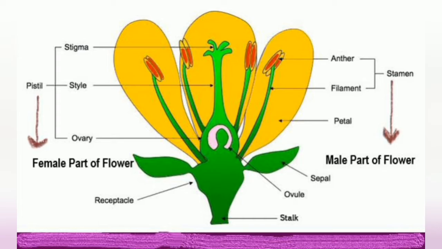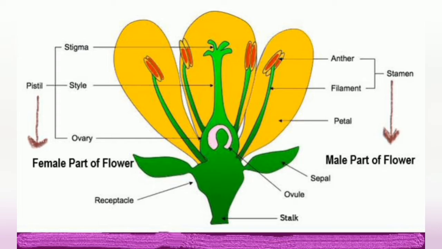Let us see the male parts of a flower. They are called stamen. It is the male reproductive organ part of the plant. It is composed of a long tube called filament and has a pollen producing structure on the end. This oval shaped structure is called the anther.